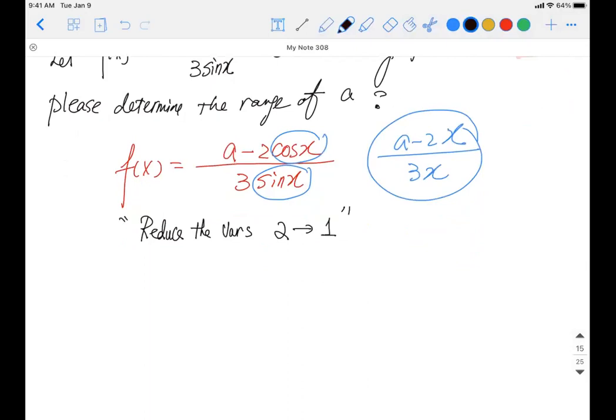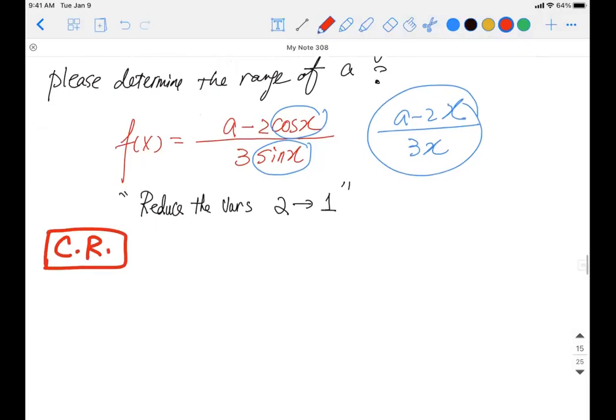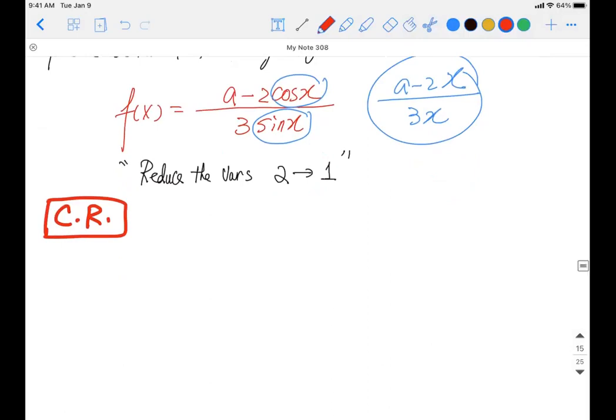No? Okay, if no, let me tell you what you're gonna do. This is a very important conditional reflex. In our lecture, we're gonna teach you hundreds of tons of conditional reflexes. Like I said, if every problem you need to think from the very beginning, that's gonna take you forever. You can't think too much. You have to use your conditional reflex, try to solve the problem as quickly as possible. So the first conditional reflex I like to tell you is that as long as you see cosine, sine, two variables, even tangent, three variables, you want to reduce to one.